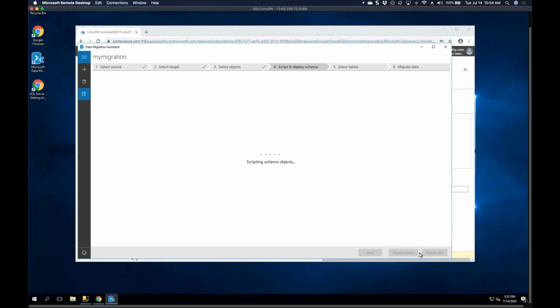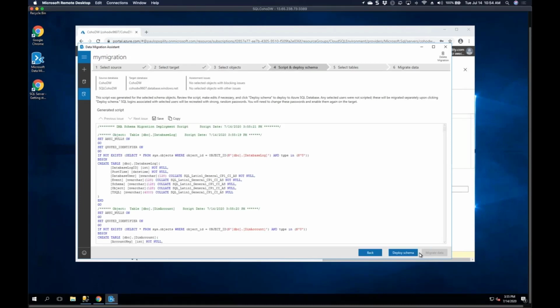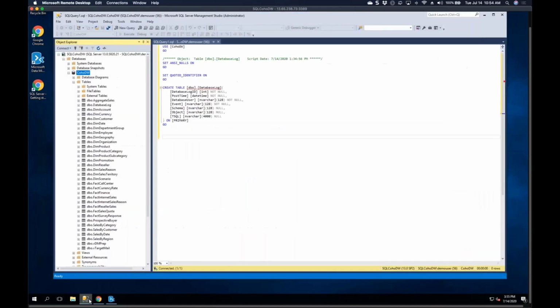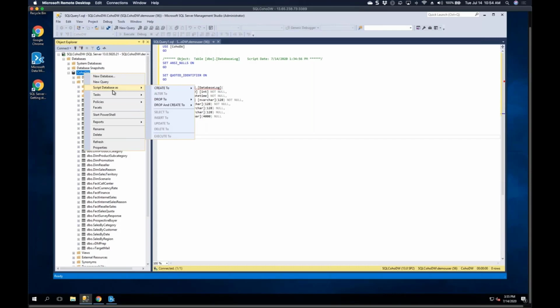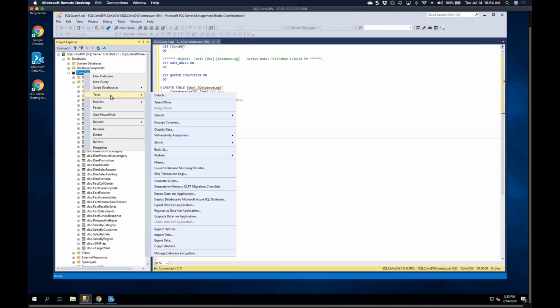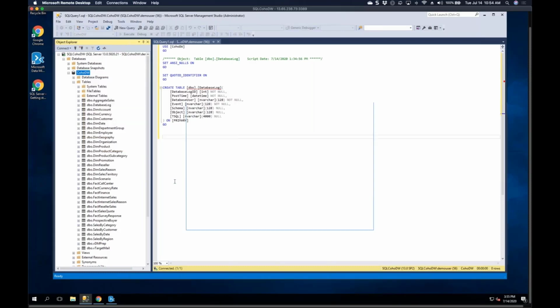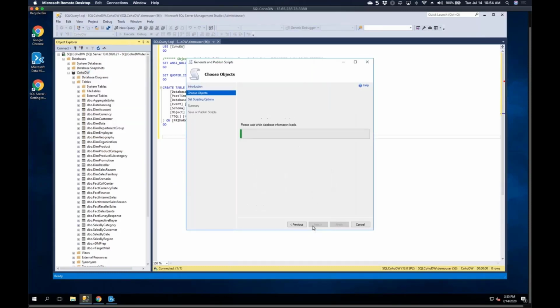and it will generate a SQL script for me. There's an alternate way to generate the SQL script, which I will show you. If you want to do a more manual generation, you can also go into Management Studio and right click, Tasks, Generate Scripts. And you can also walk through the steps here. We're just going to select the entire